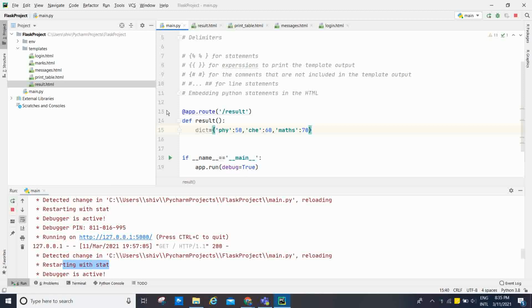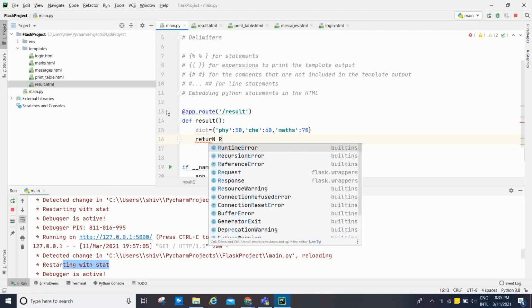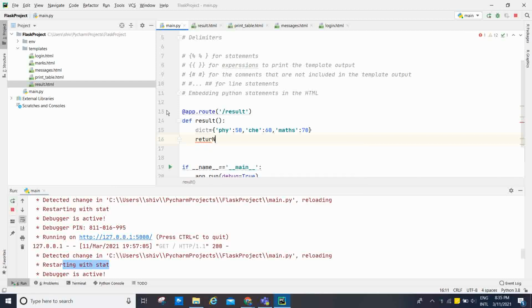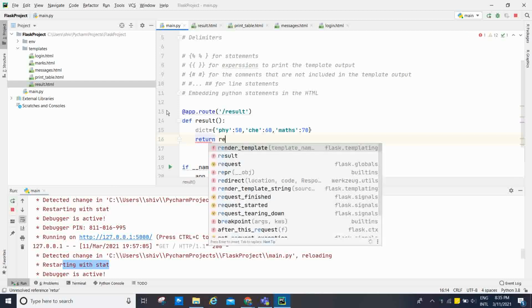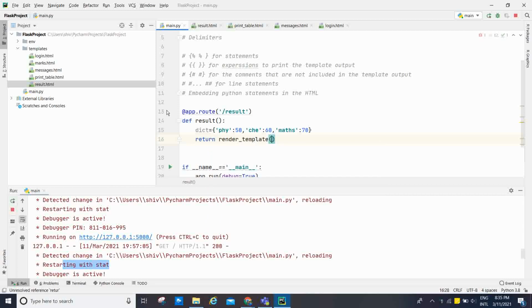Okay, and after that we are going to return render_template. I'm going to pass the result.html file.